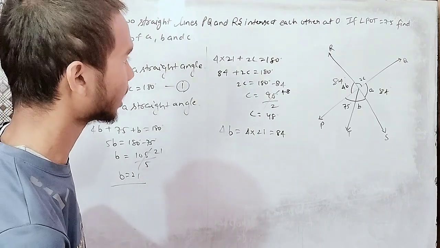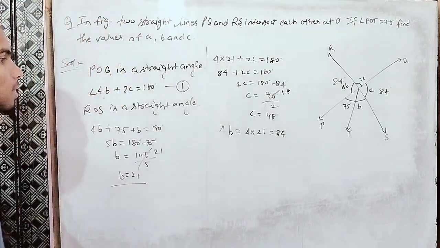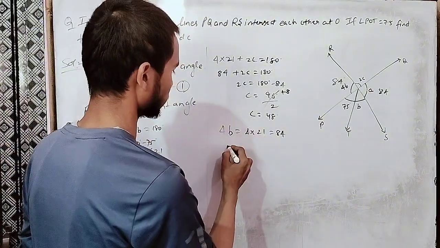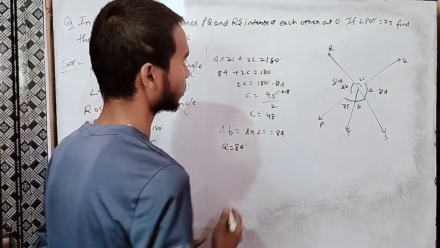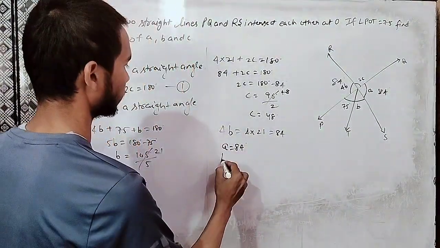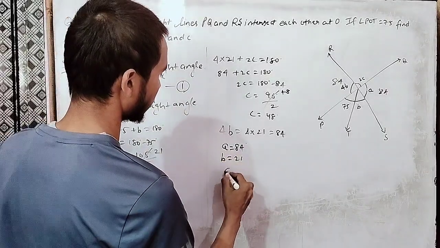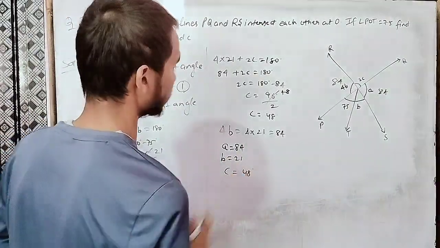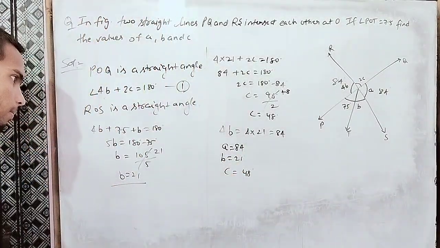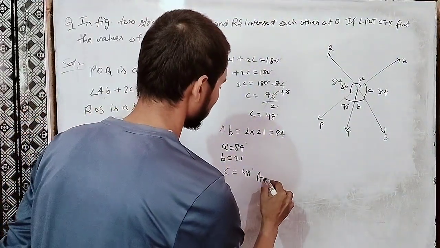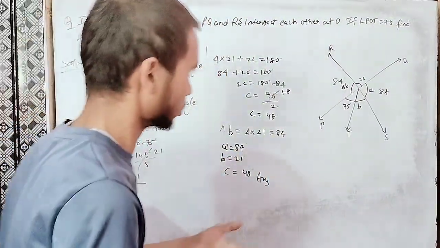Now you can check as well. First of all, we can say the value of A is 34, B is 21, and C is 48. This is our answer. Now it's time to check